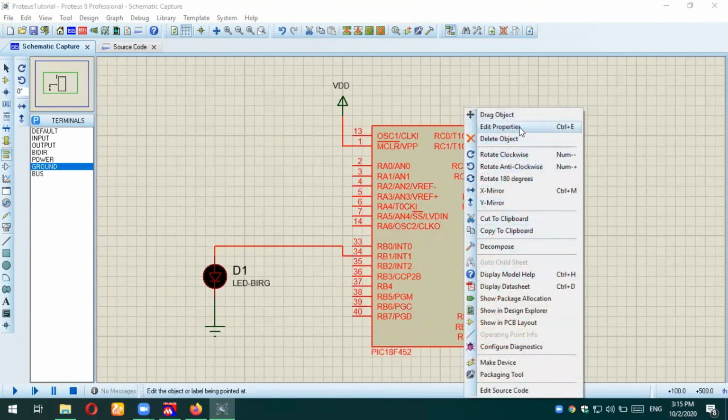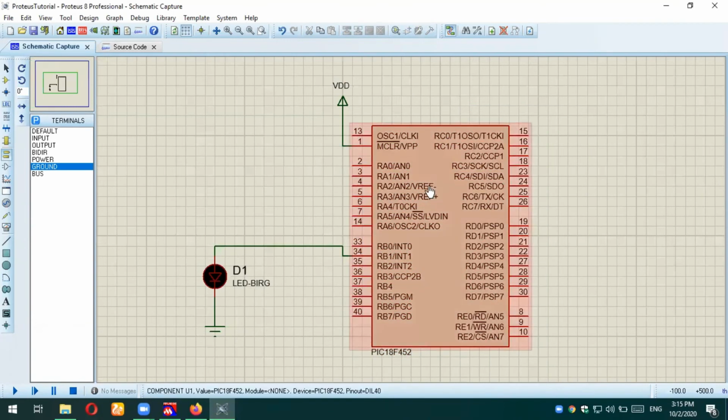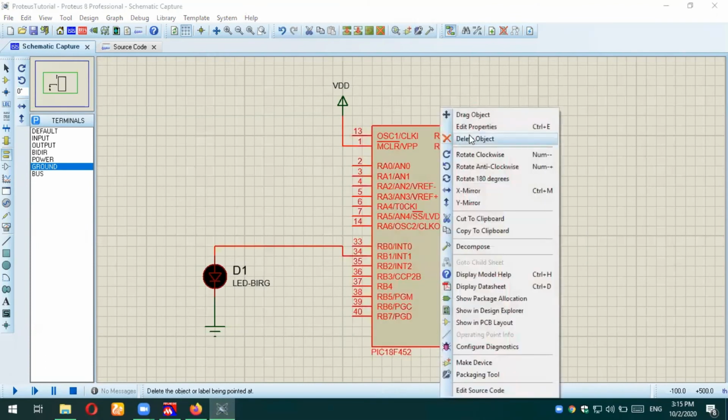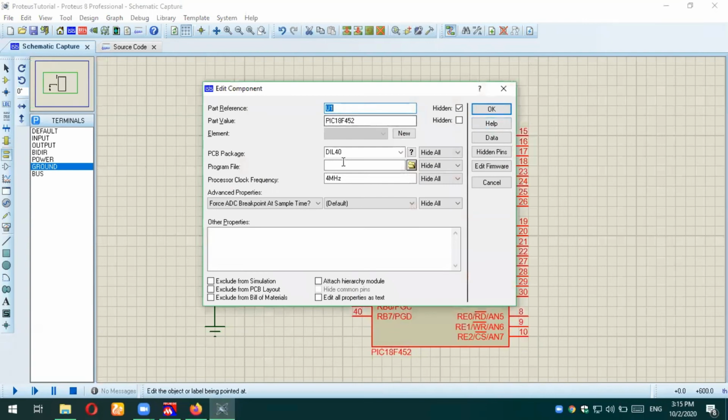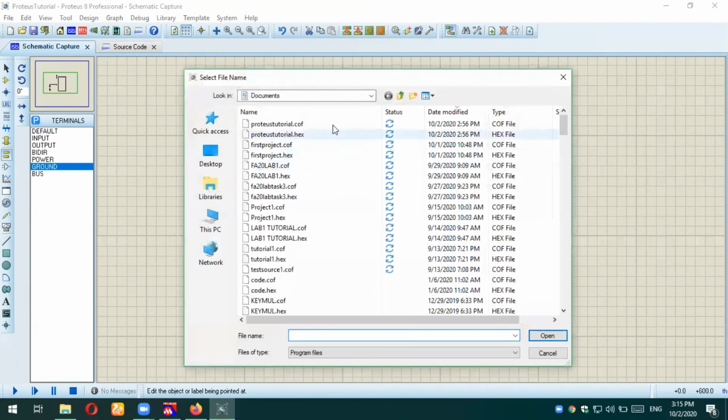You have to go to edit properties. Let me explain again. You click on the device, right click on it, and then edit properties. In edit properties, you can find the program file. The program file is basically your hex file or machine file that you have to adjust here. So you have to browse it here, and then choose the specific directory.